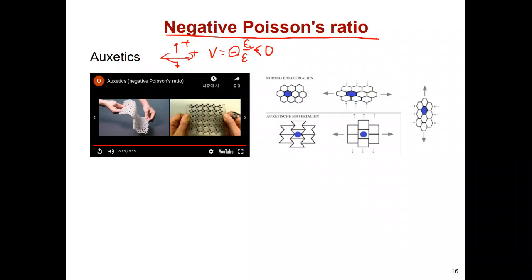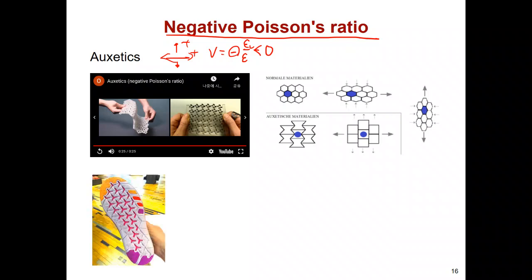This kind of negative Poisson behavior is a very special characteristic, so we want to know the details. Although you may not be familiar with this behavior, you already have some shoes like this. Here you can see the very complex geometry in the bottom of the shoes. For example, when you walk or run, the shape can look like this. This is the ground, and this part looks like this.